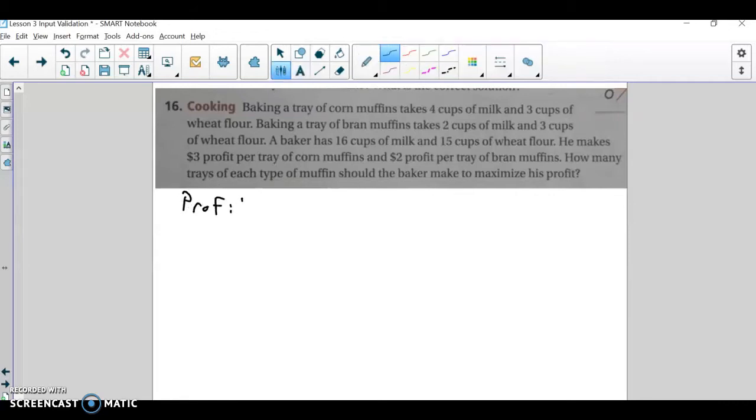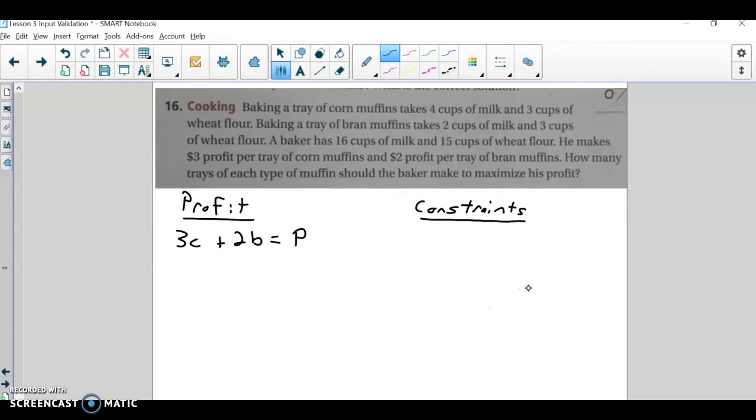Okay, and so how we calculate profit on this question is we get $3 for a tray of corn muffins and $2 for a tray of bran muffins. Of course the corn muffins cost more because they're better, right? So it's 3 per corn plus 2 per bran muffins equals our profit. All right, and then our constraints, which are just our inequalities,